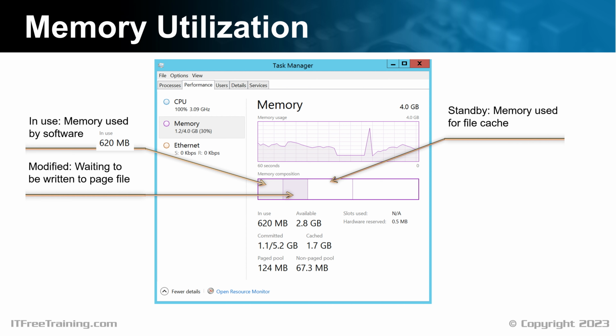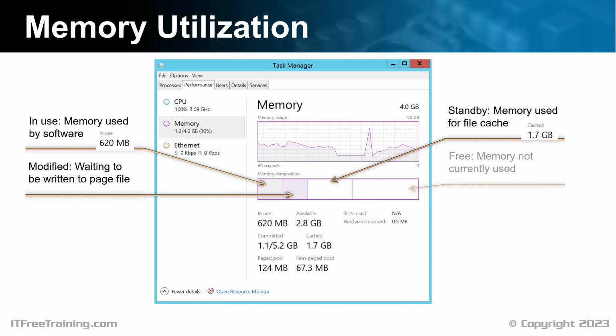This is memory that is used for file cache. When files are cached, a copy of this file can be stored in memory. The idea behind this is that if the computer accesses the same file again, rather than reading it from storage a second time, it can just read it from memory, which is a lot faster. To determine how much standby memory is in use, you can see a text figure, cached, which has the amount as 1.7 gigabytes. This essentially means 1.7 gigabytes is being used to cache files. The longer Windows is running, the larger this generally becomes. This makes sense because if you have free memory, you might as well be using it for something.